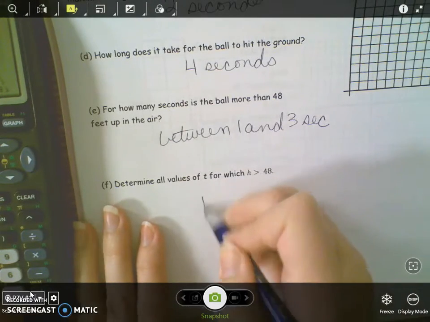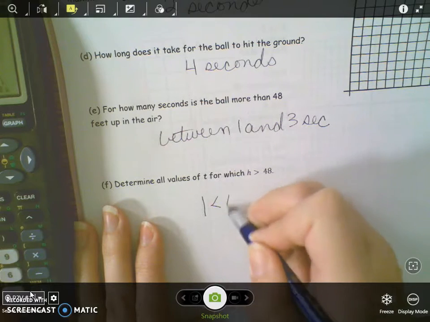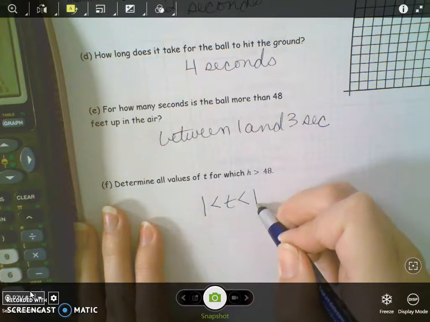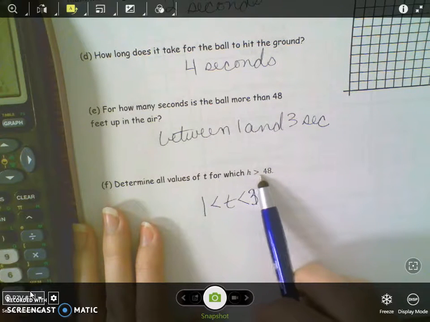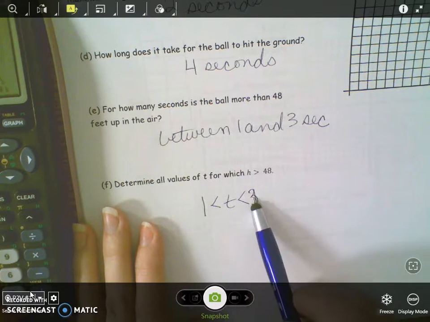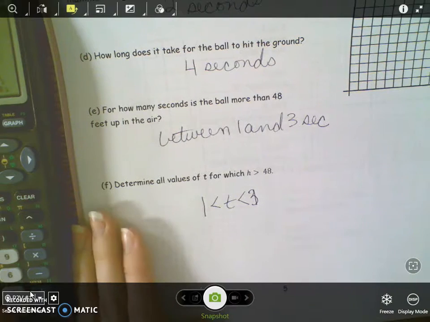And then here, it wants us to write an inequality. So when t is greater than 1 second and, whoops, less than 3 seconds. If this said exactly 48, that would be 1 and 3, so we would put the little or equal to on that, but